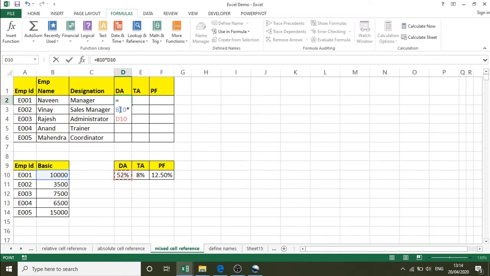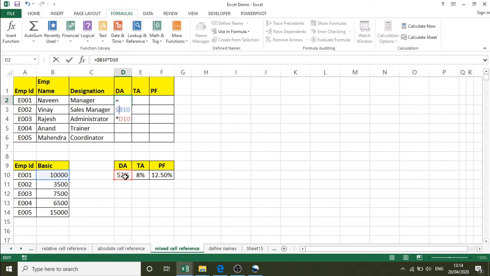So this row number I need not worry about, that can change. But when you move this rightwards, horizontally, or copy the cell, this column should remain the same. That means it should not become C, D or F. So I will fix the column B using the dollar symbol.